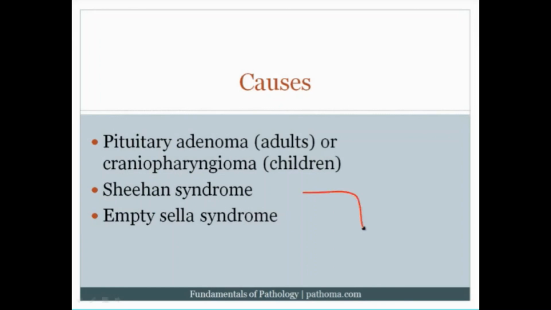Again, the idea here is that if this is the sella with the pituitary sitting in it, recall that attached to the sella here, the bone of the sella is going to be the dura, and then there's going to be the arachnoid here as a second layer, and then of course you've got the pituitary sitting here, and attached directly to the pituitary would be the pia. Now, if there was herniation of arachnoid and CSF into the sella, that would compress the normal pituitary, and as it compressed the normal pituitary, the pituitary would then be destroyed, resulting in something